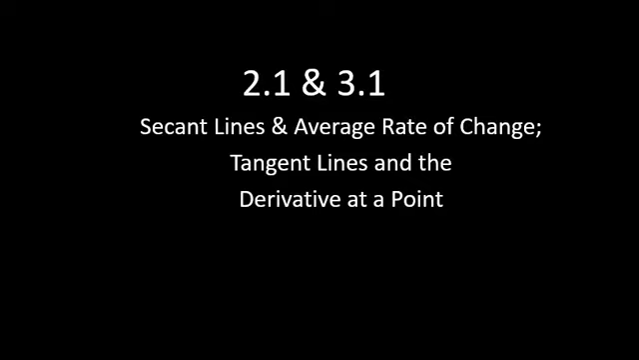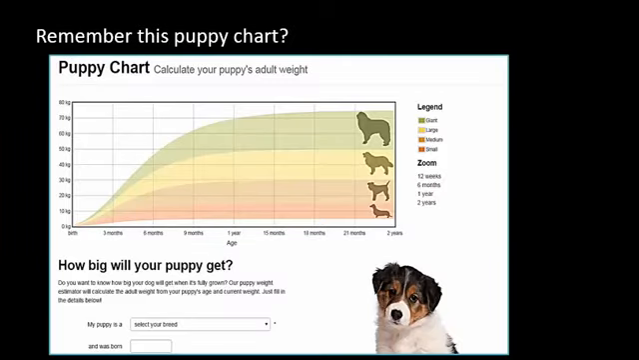Welcome to sections 2.1 and 3.1. Okay, so we're going to talk about secant lines and average rates of change, tangent lines, and the derivative at a point. Okay, do you remember when we were looking at the